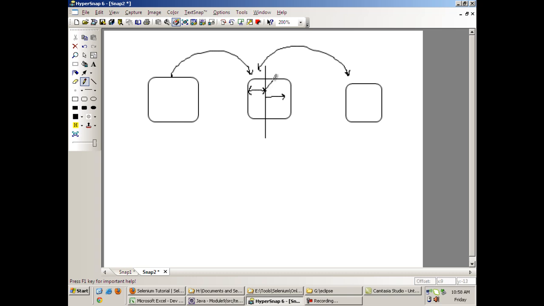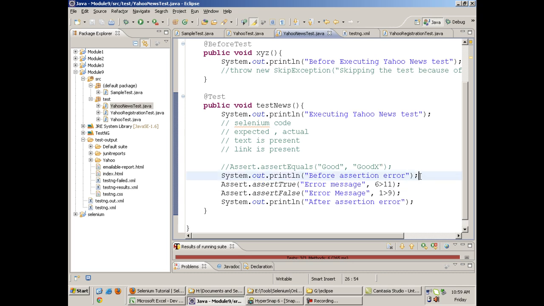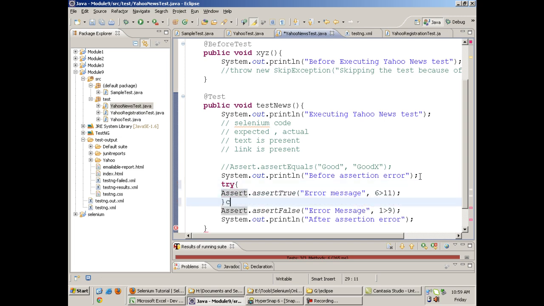This part of the test case you want to be executed even if the assertion is failing. So for that we use a try and a catch block around the assertion.